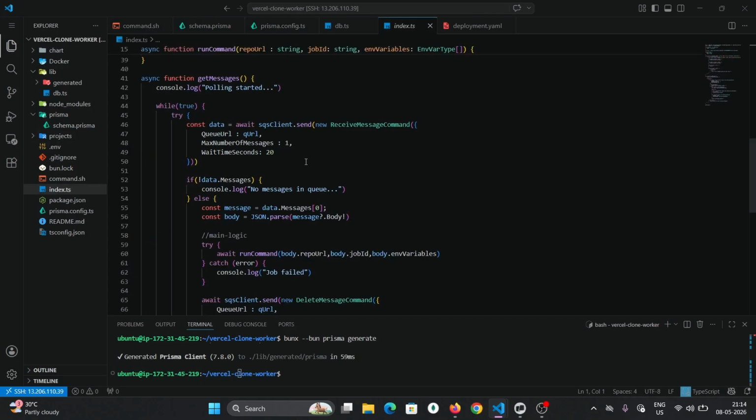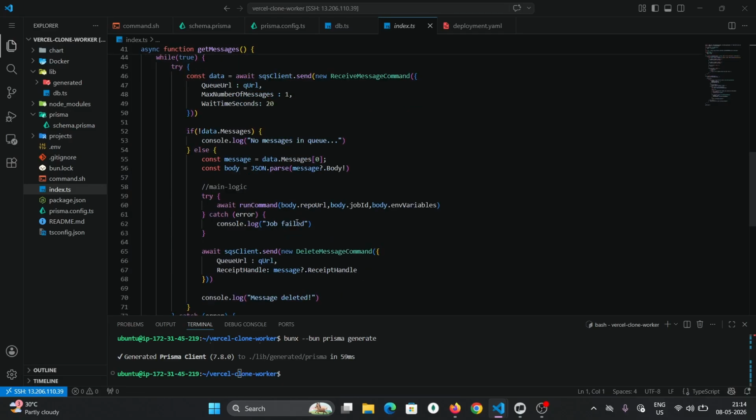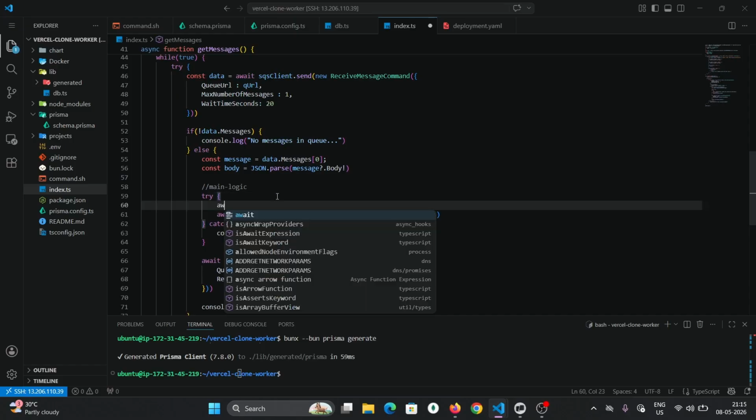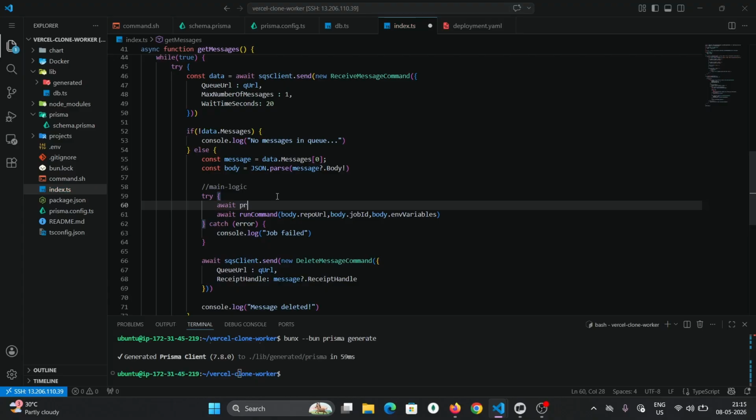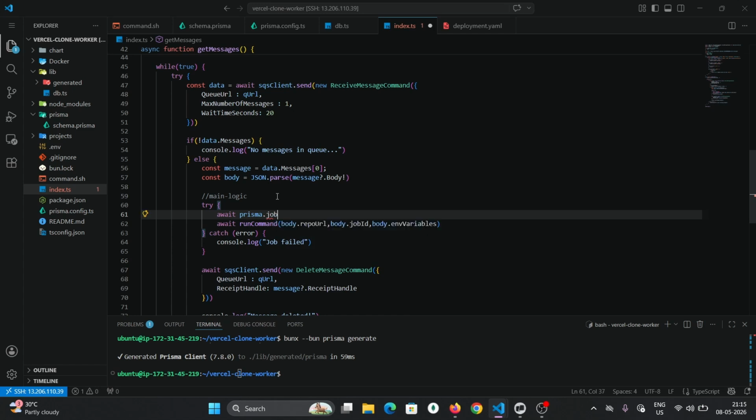Go to your index.ts. Await prisma.job.update